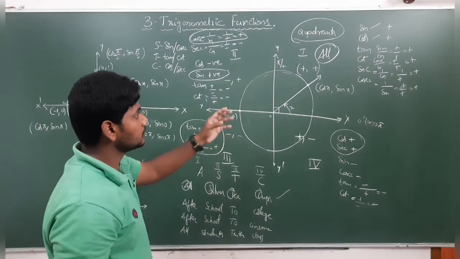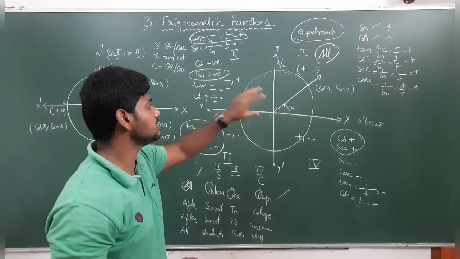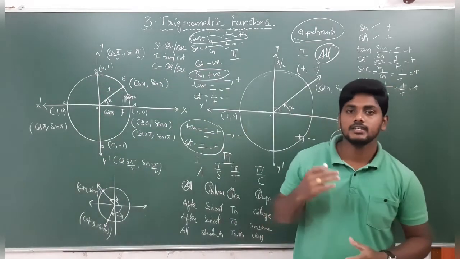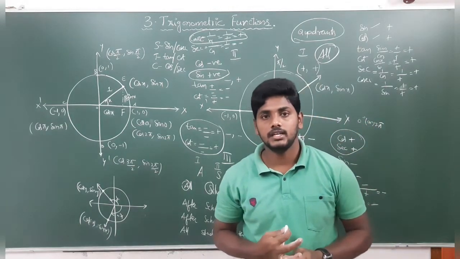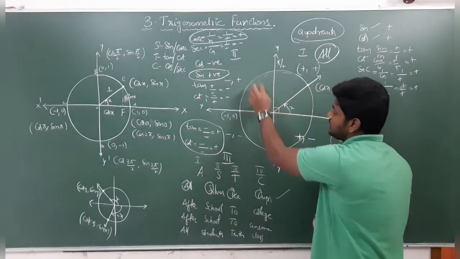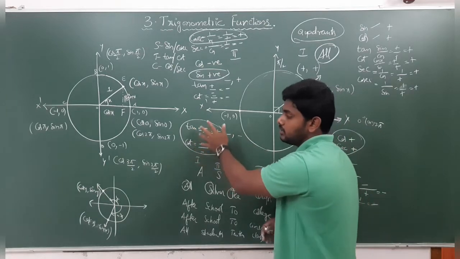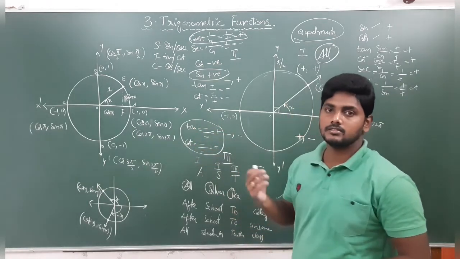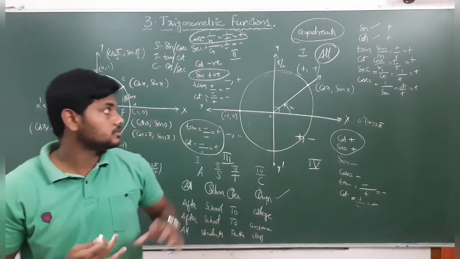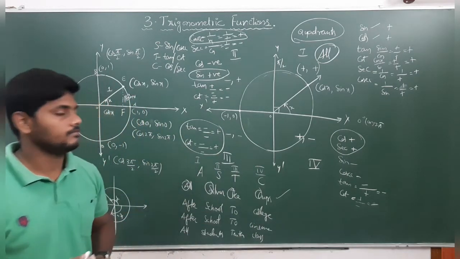So this is about the sign of trigonometric ratios or functions in the respective quadrants. For example, if I ask, in the third quadrant is secant positive or negative? In the third quadrant which letter will come? All silver teacups. In the third quadrant T means tan and cot. So only those two are positive. Secant is not there, so secant will become negative. So like that we can remember easily. So, signs of trigonometric functions in the respective quadrants. Pause the video and note it down.